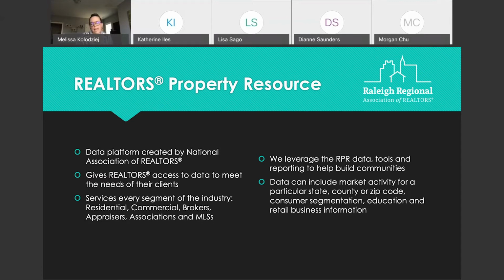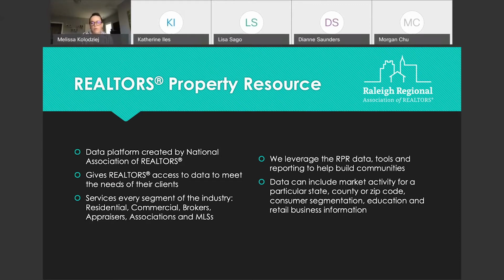So for today, I'm going to be talking about a program we call RPR, which is our Realtors Property Resource. This program is available to realtors, real estate professionals, as well as associations and MLSs through the National Association of Realtors. It's a data platform they created and have now given access to across all of their membership.